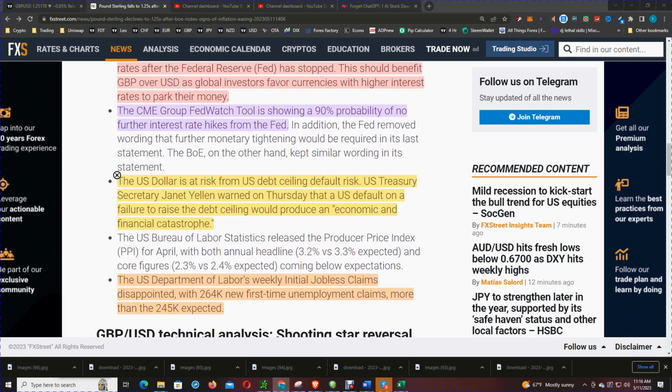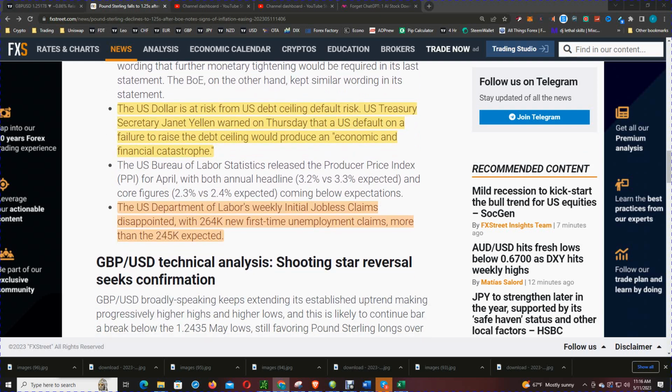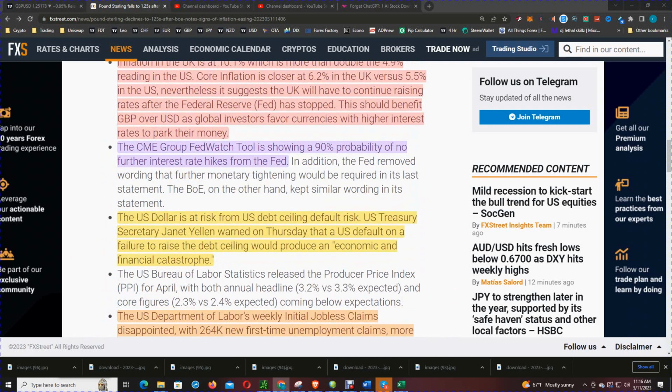but this is going to pass through. You know, they can't prevent an agreement to resolve this debt ceiling. You know, they do it from year to year, time to time. So, lastly, another sign that the rates are done: U.S. initial job claims disappointed, 464 versus the 445 expected. All right, so let's go to the charts,